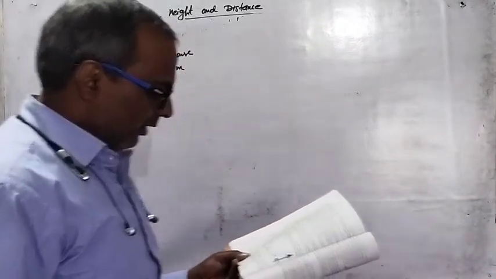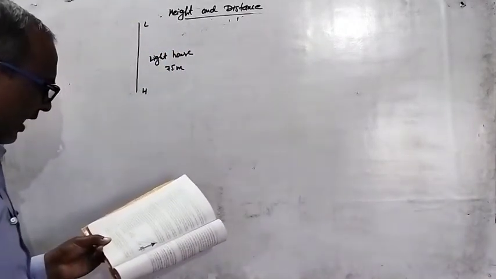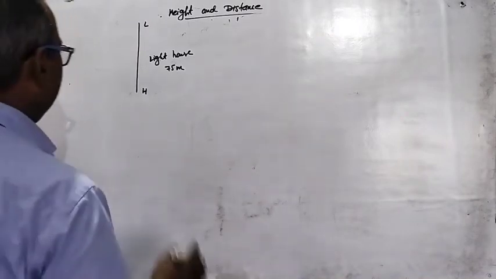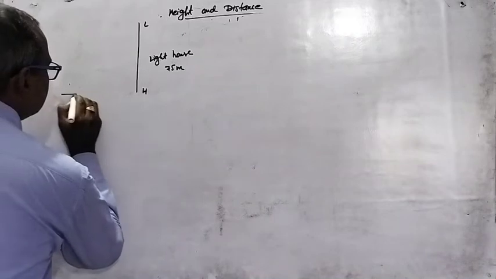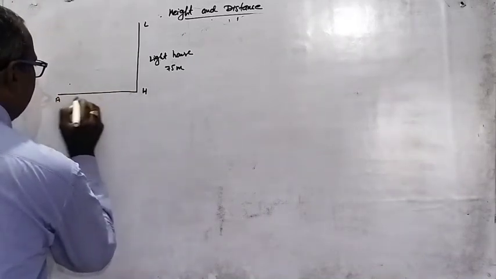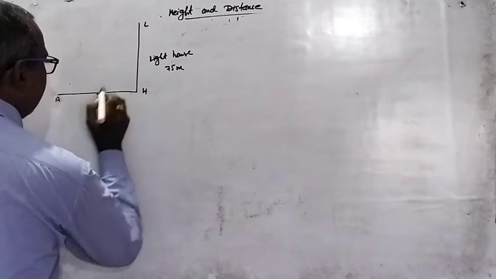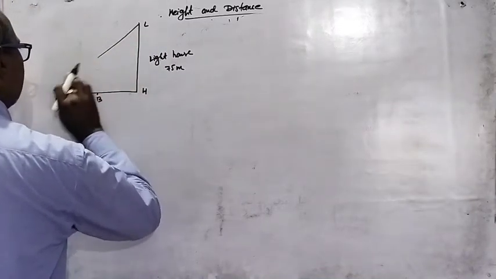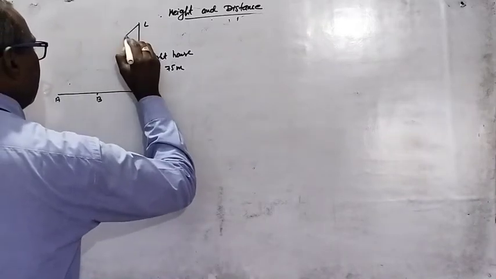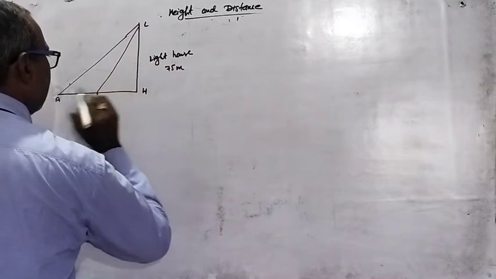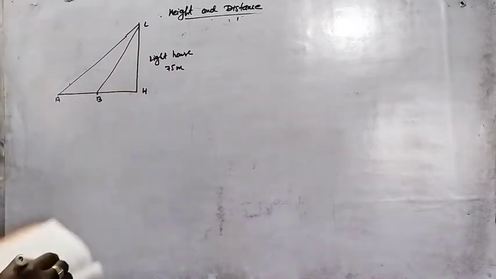From the sea level, the angles of depression of two ships are 30 degree and 45 degree. There are two ships A and B. The angles of depression are,